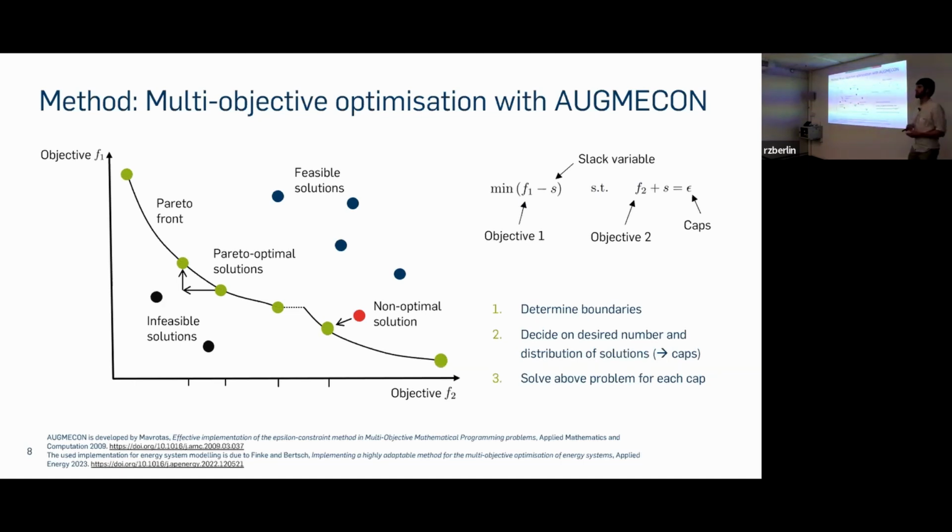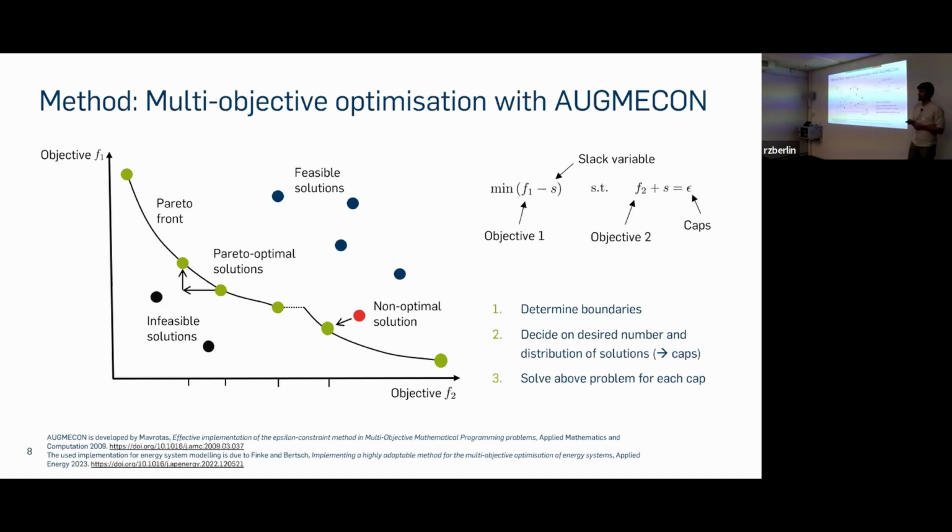In this optimization problem, we have basically reformulated the second objective to a constraint, an equality constraint, by introducing a new slack variable s, which is non-negative. And this one we subtract from the objective function to essentially create an incentive to guarantee Pareto optimality. That's an established method, and I made a new implementation of that in the open source energy system optimization framework Backbone,